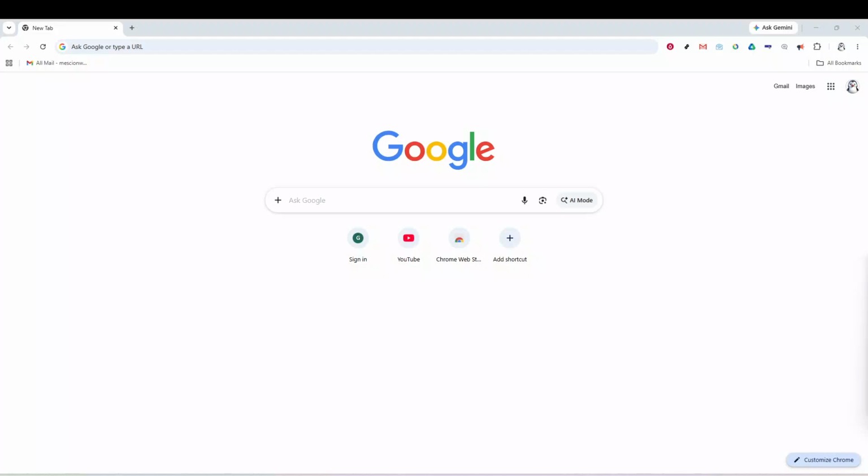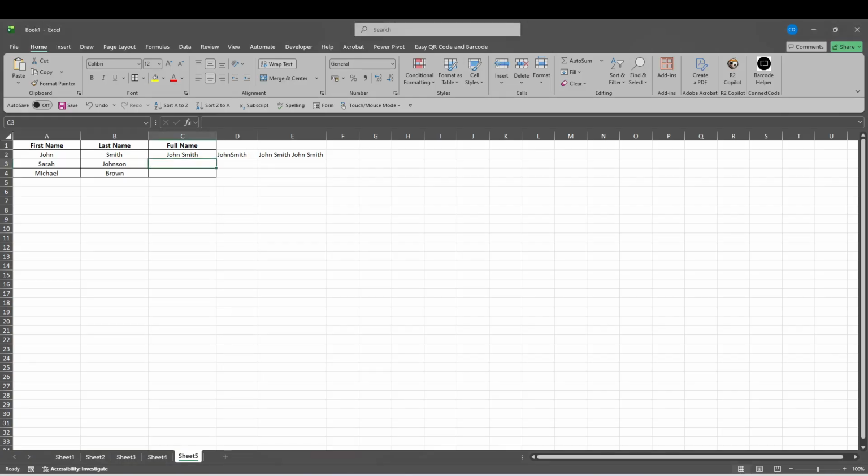In today's video, I'm going to teach you how to join two columns in Excel. First, open Microsoft Excel and go to the worksheet where you want to combine your data. This is a very useful technique when you need to merge text from two separate columns into one. For example, you might use it to combine first and last names, addresses, product codes, or any other text values